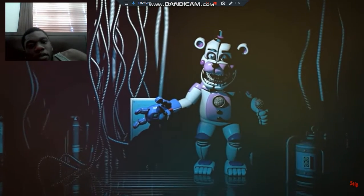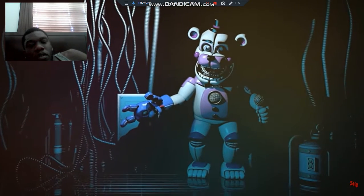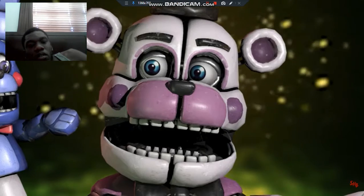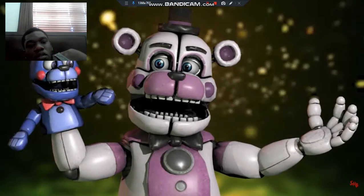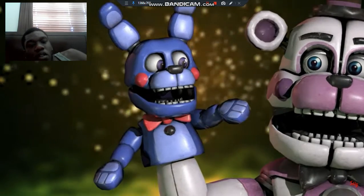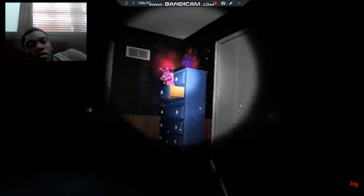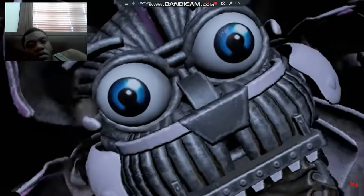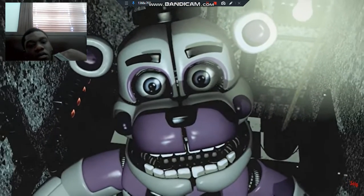Funtime Freddy. We first encountered this shiny white and purple version of Freddy while exploring Circus Baby's Entertainment and Rental site in FNAF's Sister Location. He has a large mouth full of chunky flat teeth and carries a mini puppet version of Bonnie known as Bon Bon on his right hand. The two work as a team, with Bon Bon distracting the player and allowing for Funtime to launch a surprise attack. Now, unlike Freddy Fazbear, Funtime Freddy has a psychotic side and sounds